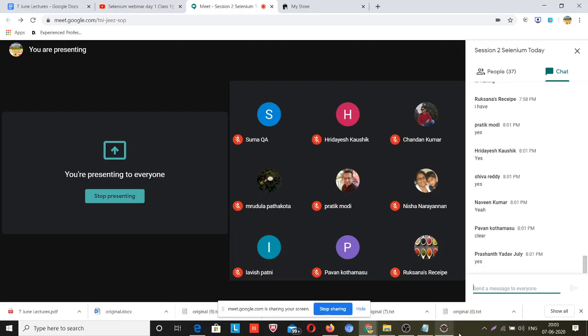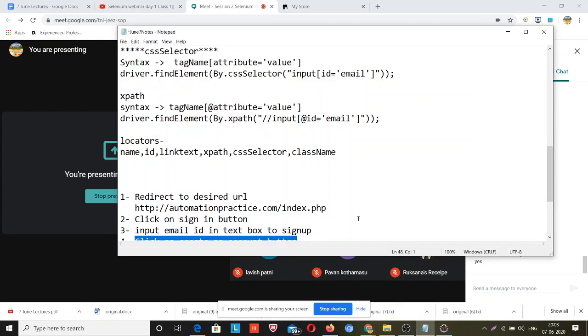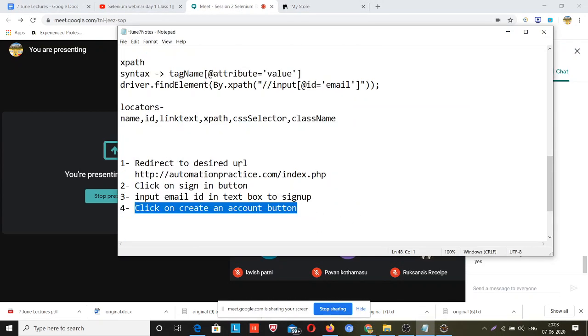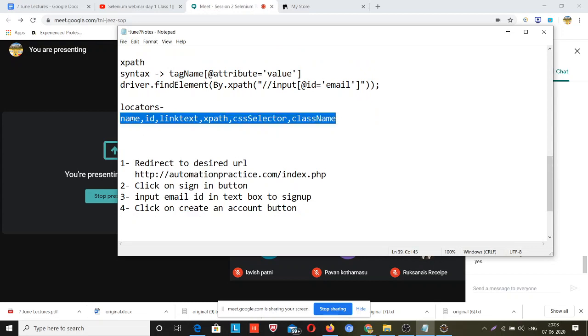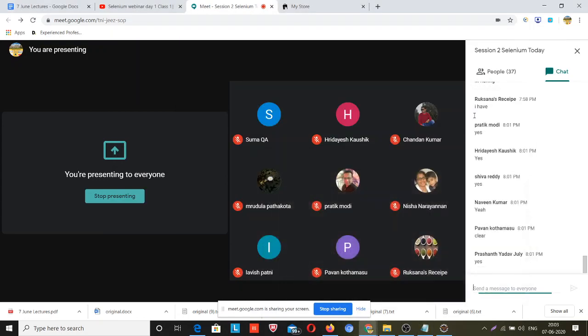How many types of locators are present in Selenium? There are several types, I have not counted. Name, ID, link text, XPath, these are the locators.